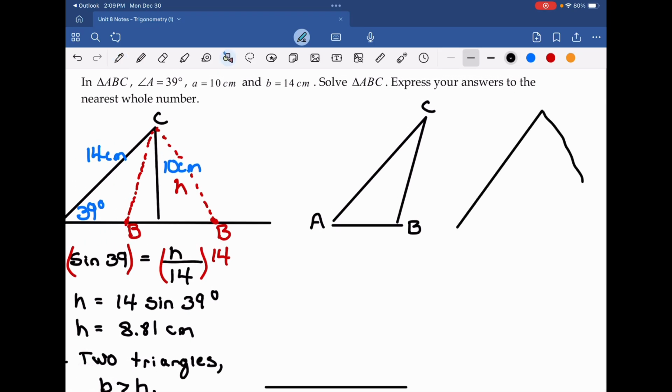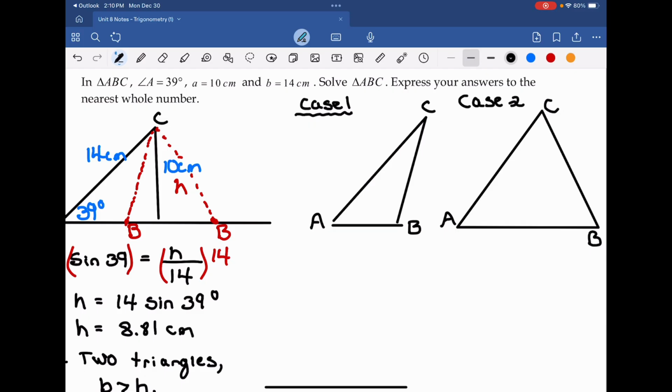It's the one where we swing the arm out to the right-hand side, and again, we're going to fill in these vertices of A, C, and B. Okay, now I'm going to call it case 1 for this triangle, and then I'm going to call this one case number 2, just so that we have it organized and it's like, okay, which one are we talking about